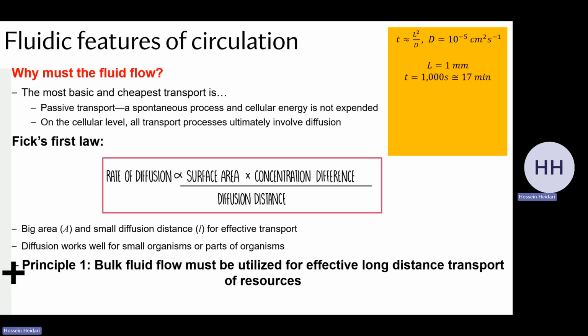Now, imagine we're talking about a 1 millimeter distance. Okay, that's a very short distance for oxygen to travel. It takes about 1,000 seconds for a molecule of oxygen to travel a distance of a millimeter. Now, this is still in the reasonable realm. Now, I'm going to ask you, if we made this 10 millimeters, 10x, how long would that take rather than 17 minutes? If we increase the L by a factor of 10,